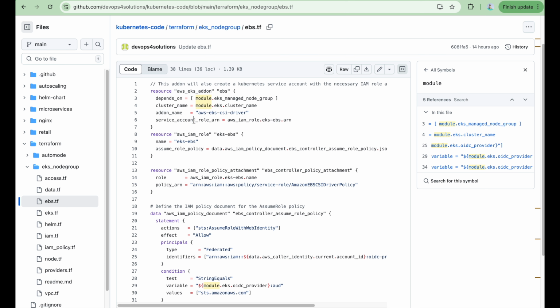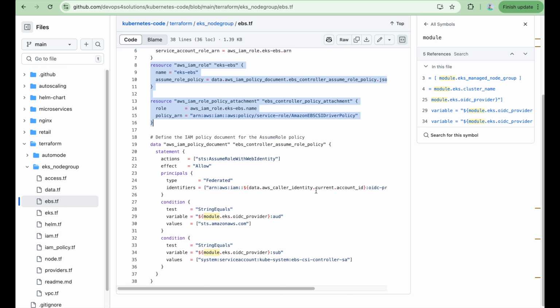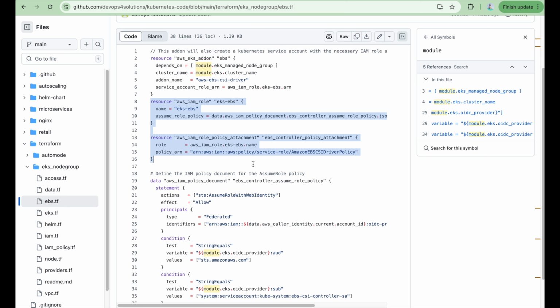And here you can see that you are creating this AWS IAM role and the policies also. This add-on is going to create a service account with the necessary IAM role, so that your Kubernetes pods can communicate with the AWS resources. Remember, we did the same configuration when we installed the AWS load balancer controller using Helm. In that setup also, we created the service account. We have the OIDC provider configuration and IAM role policy attachment. So we did all this configuration, and this is the same setup.